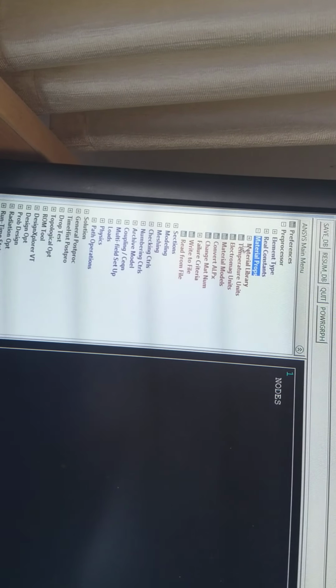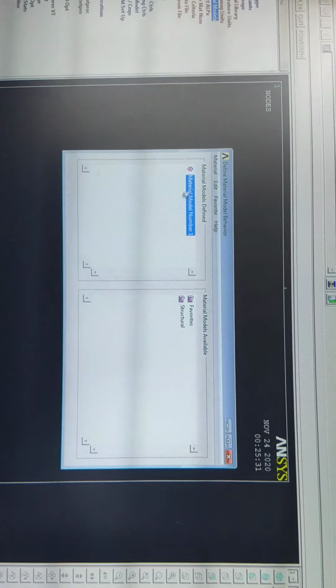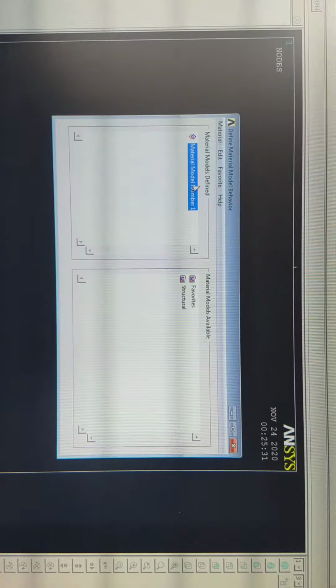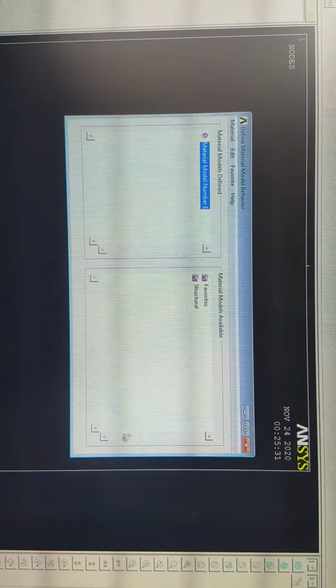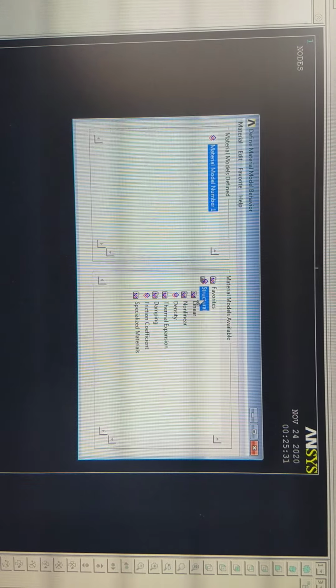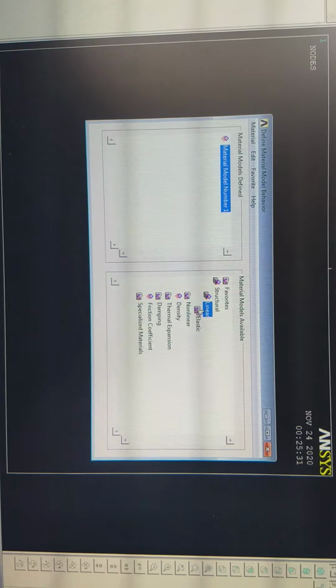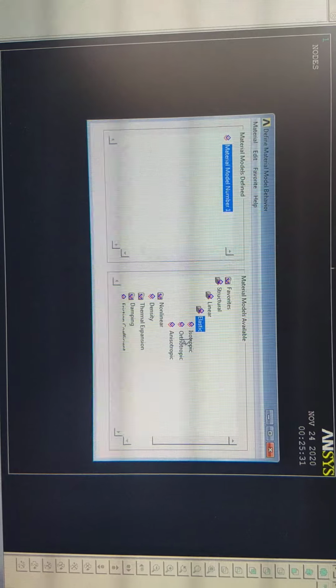Select the material properties now. In material properties, go to material models. In material models like this, a window will be coming. In this, select structural, linear, elastic, isotropic.